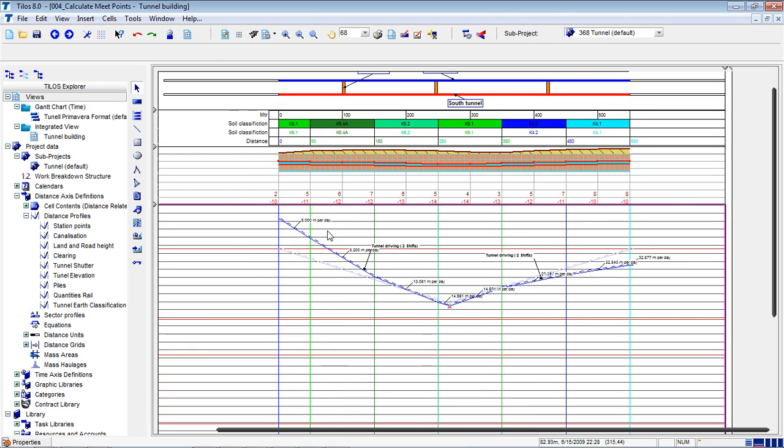I can find the real start date for TBM 1 and the real start date for TBM 2, because people are using TILOS not only for giving a document to the owner for analytics. Okay. By the way, my friends are telling me that we are over the time, and